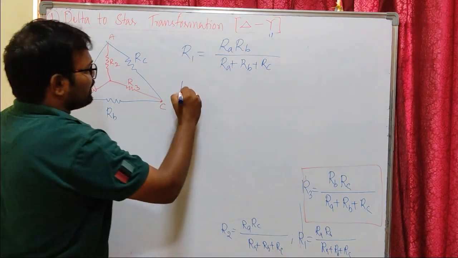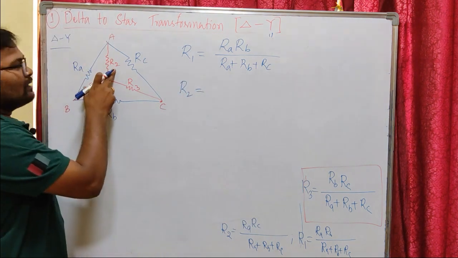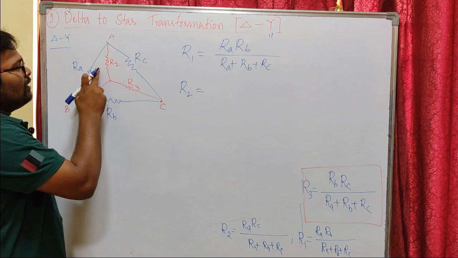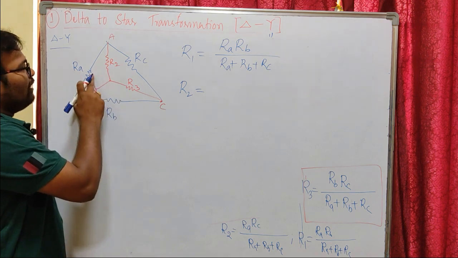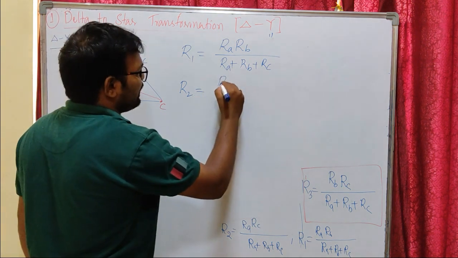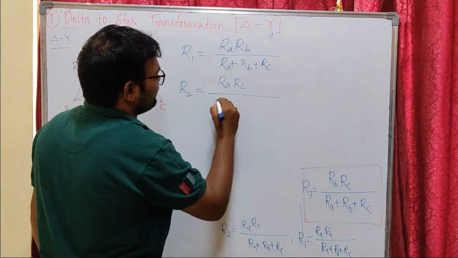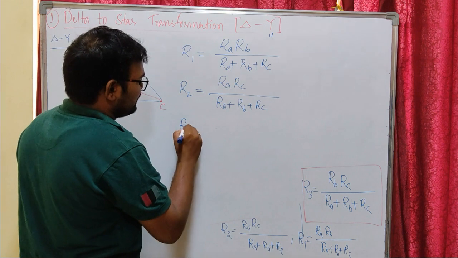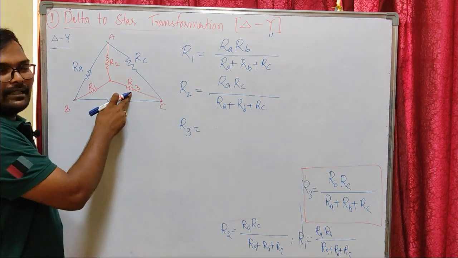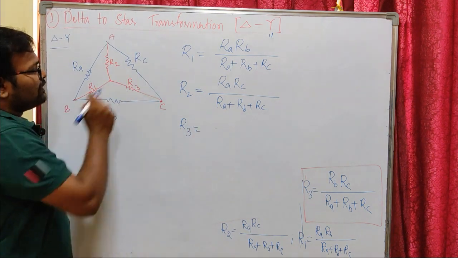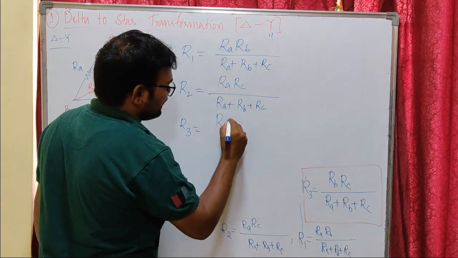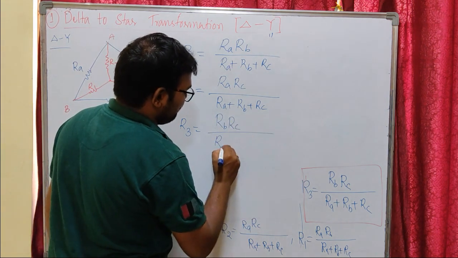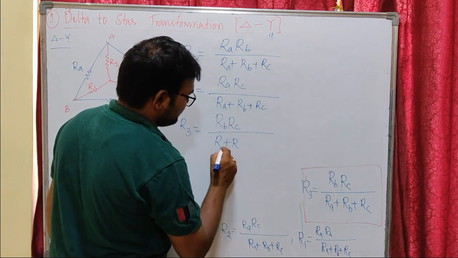Similarly you can write R2 equal to, R2 is this resistor. The resistors available on either side of R2 are RA and RC. So I am multiplying RA with RC with denominator as the same factor, RA plus RB plus RC. R3, the resistor R3 in star connection, equal to the resistors on either side of R3, they are RB and RC. I am multiplying RB with RC with RA plus RB plus